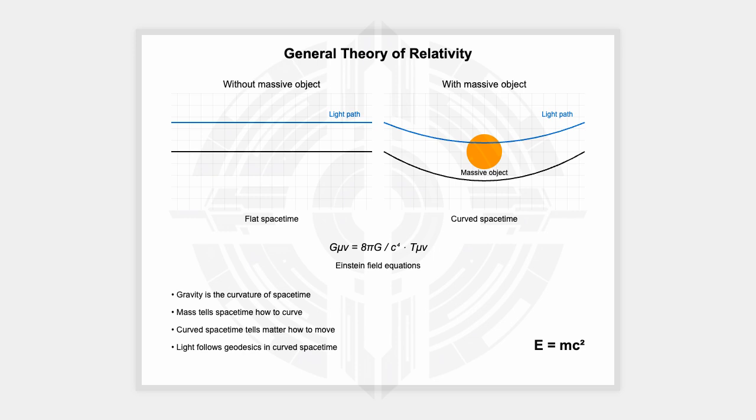Precisely. We experience time linearly as this constant flow, but Einstein proposed that it's not separate from space. They're woven together into this four-dimensional fabric he called space-time. Okay, so space-time is like this invisible stage where the cosmic dance takes place. And the more massive the objects, the more they warp the stage itself.